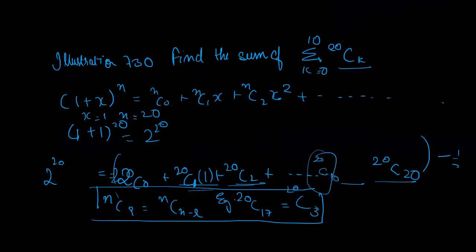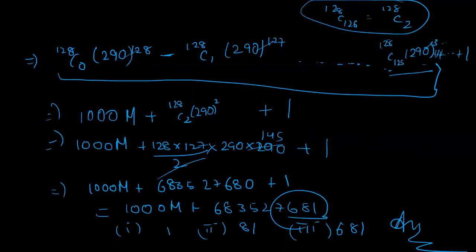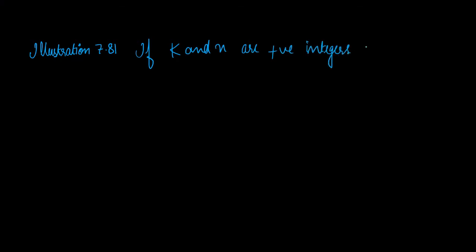We have 7 done, then 30, 47. After that, we have illustration 7.81. Okay, so this says if k and n are positive integers and S_k is given as 1 to the power k plus 2 to the power k, and it goes on till n to the power k, then we have to prove that